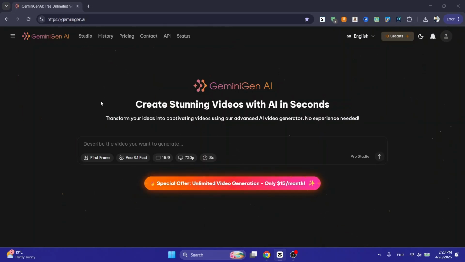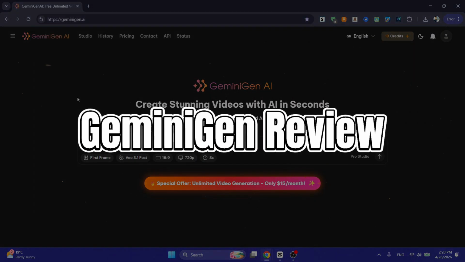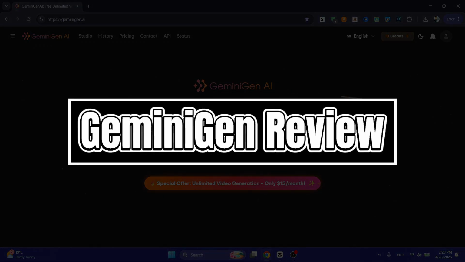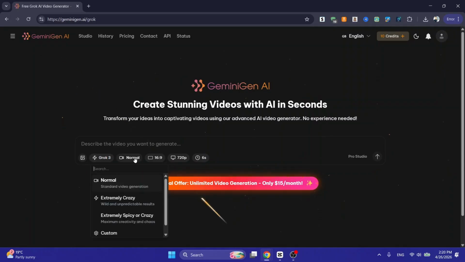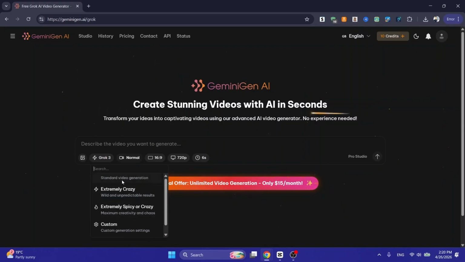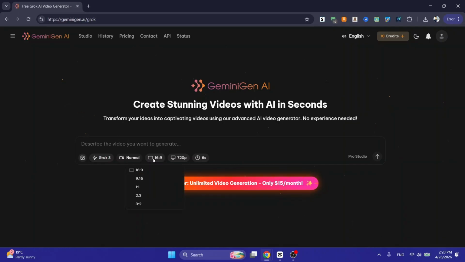Today we're taking a look at GeminiGen, a website that you can use to generate videos and photos. GeminiGen is generally described as an AI content generation platform that focuses on creating images and videos from text prompts. It claims that it uses advanced AI models similar to Google's ecosystem to generate visual content quickly for creators and